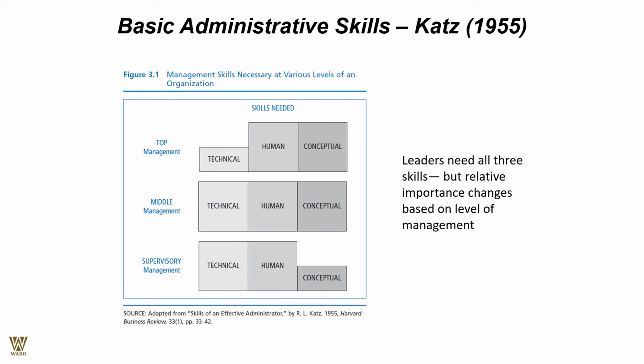So let us understand. It has been given up to you. Remember what I said about top management: less of technical and more of conceptual, and probably human relations, but least of technical. Whereas at the supervisory level, it is least of conceptual and more of technical and human. And the middle management must have a knack for everything, be it human skill, technical skill, or conceptual skill. So leaders need to build this repository of skills that comes with the importance of the position that they occupy.